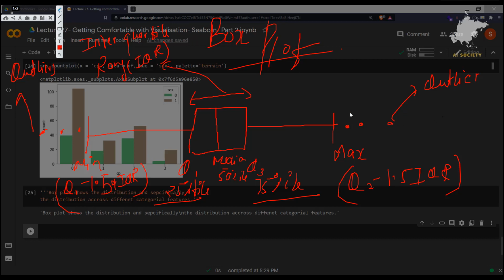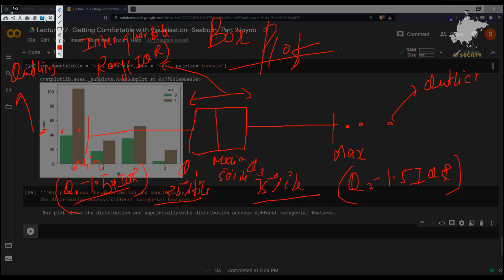This is how the box plot works, but you don't need to worry about the mathematical stuff. Everything will be calculated by Python. You just have to call the box plot method, and everything is going to be calculated. That is why I always say that you don't need to be an expert in mathematics. You just need to know the basics, and everything is good to go.